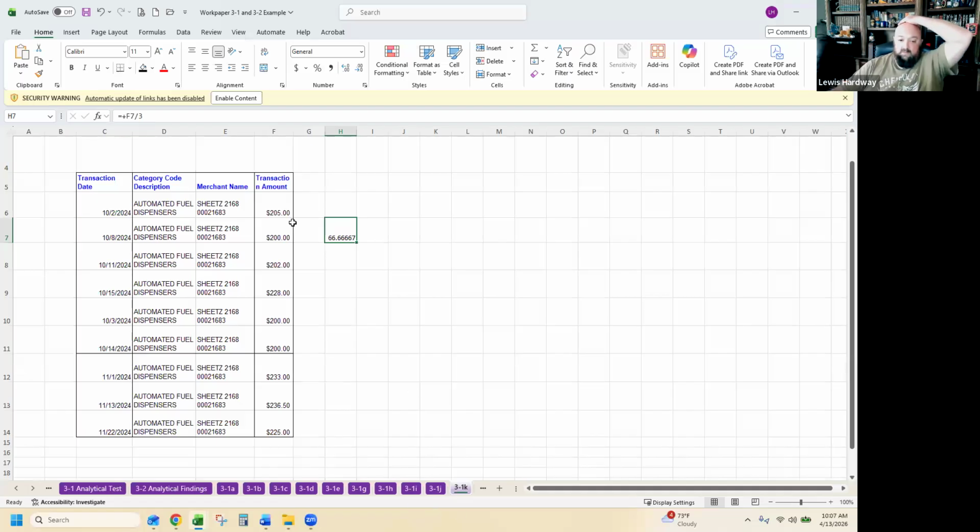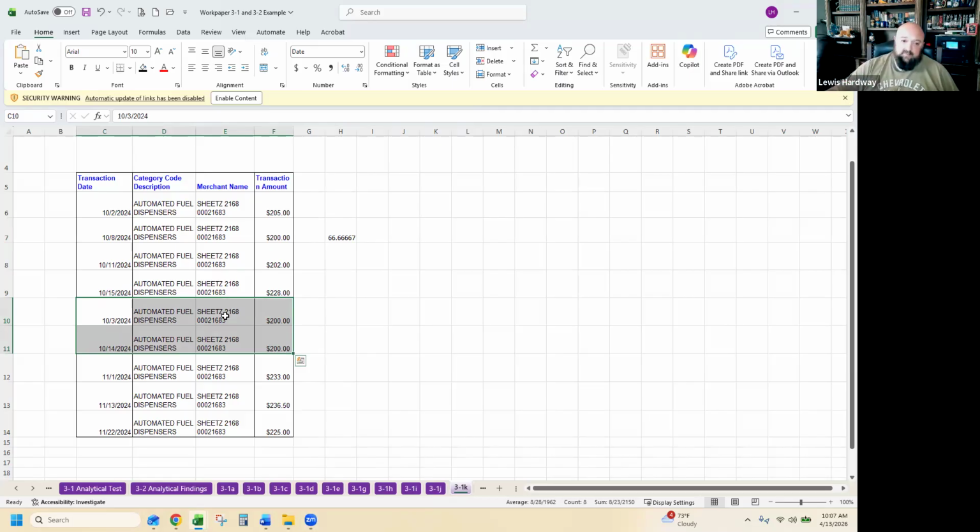I mean, all these prices are pretty consistent. And some of these, like these that are $200 each, there's a good chance that the gas station they went to has a $200 cap. That's not uncommon anymore, to have caps on the gas dispensers so they can only put so much in at a time.